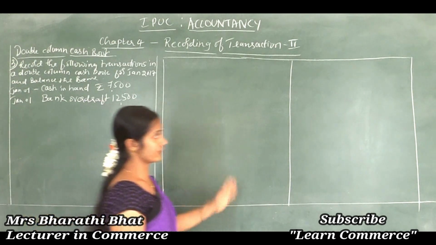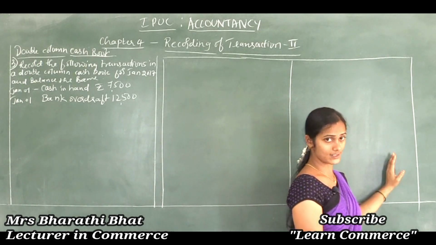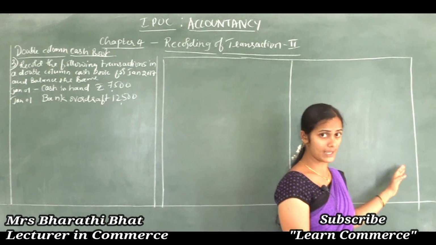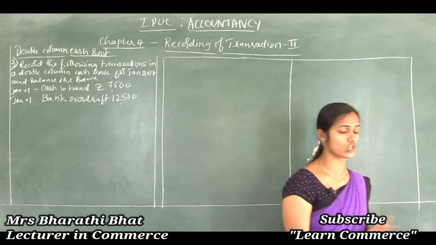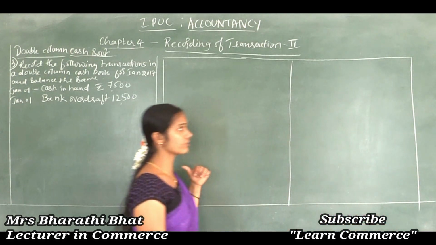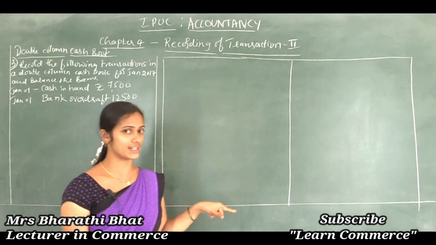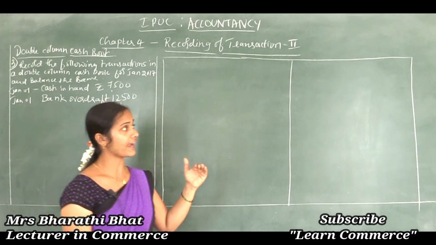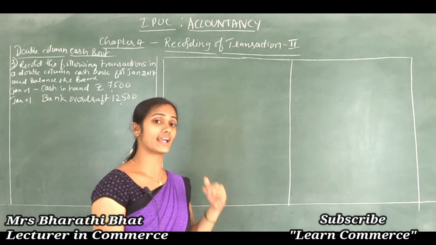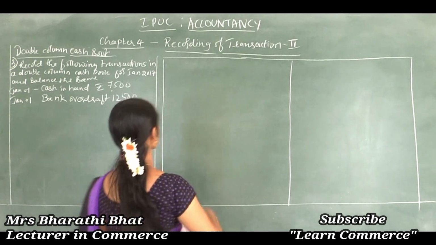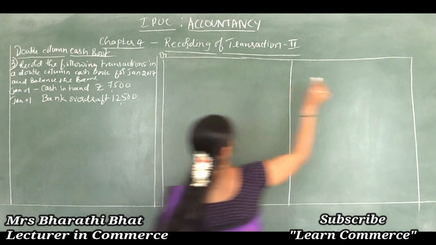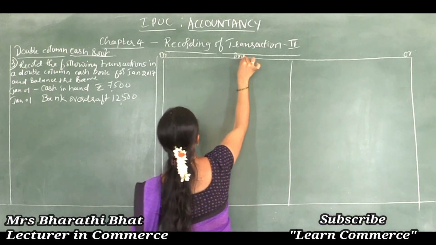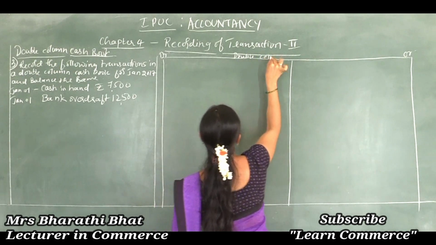It is not a negative balance. But if we record any opening amount on this credit side, then it is called a negative balance. So bank overdraft always comes under the credit side, by balance brought down, clear, right? The bank is opening its account with a negative balance. So this side is debit and this side is credit, and in the heading you must write double column cash book.